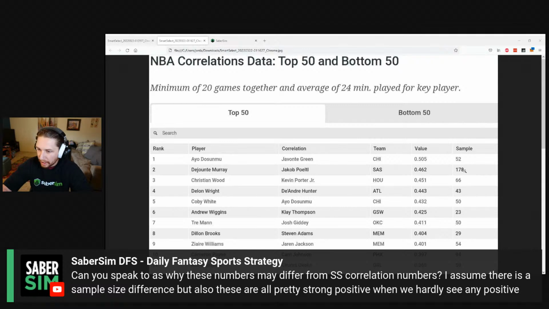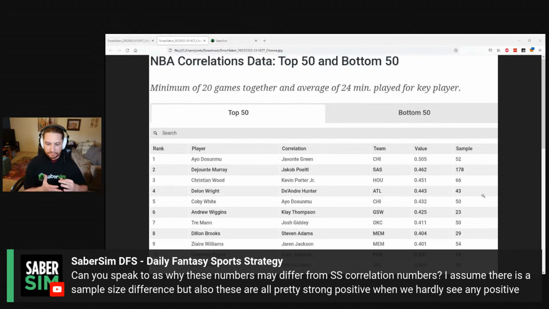When we are generating our correlations, we're talking about an average correlation for a player across thousands of different simulations of a given game. These are much, much smaller sample sizes. And I think it is an interesting point to be made that you can talk about a 43-game sample size in the case of DeLon Wright and DeAndre Hunter. And it is important to remember that is actually, in the grand scheme of things, a very small sample, especially to assess something like correlation, despite the fact that that's a little over half of an NBA season, right?